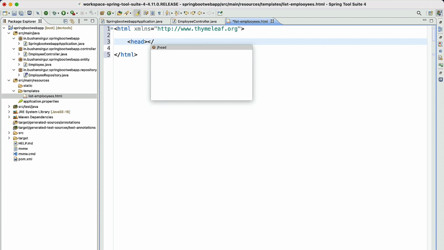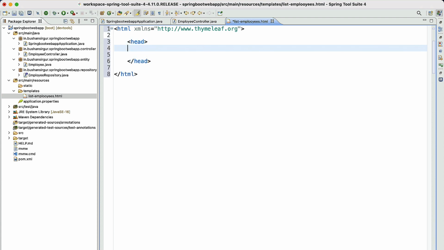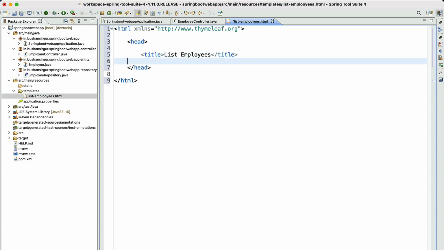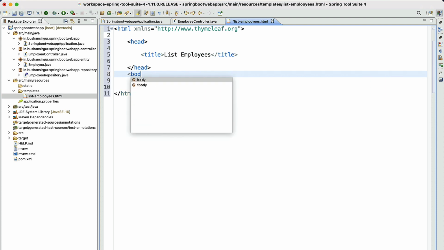We will add the head section. Inside the head, the title goes in title, and I will provide the title as List Employees. And next we have the body.